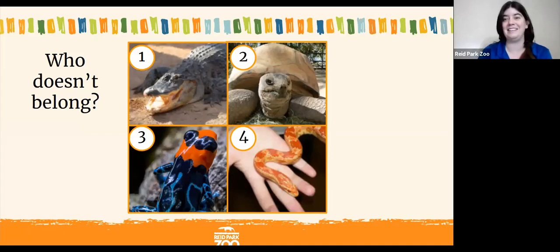All right, I'm seeing three, right? The dart frog is an amphibian, while the rest of them are reptiles. The tortoise is different. That one has the shell, while the rest of them don't, right? The snake does not have arms and legs, while the rest of them do. That alligator has that very long snout, which is different from the rest of them. Nice, a lot of you guys like three. Yeah, the amphibian is very different from the rest of the reptiles and is in a completely different group from them. Nice job, you guys.